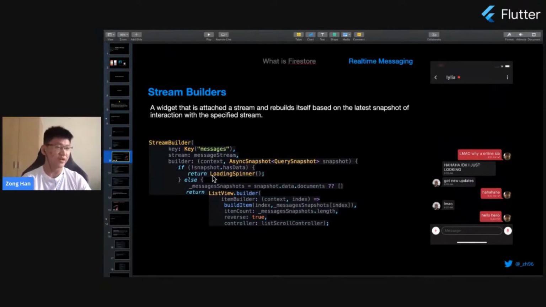If we look at the code over here, it's very straightforward. Once you attach the message stream to the stream builder, it will try to connect to your database. In the meantime, snapshot.hasData will be false. So while it's fetching the new documents, there will be a loading spinner. And once it has fetched, when hasData is true, then you can process the data